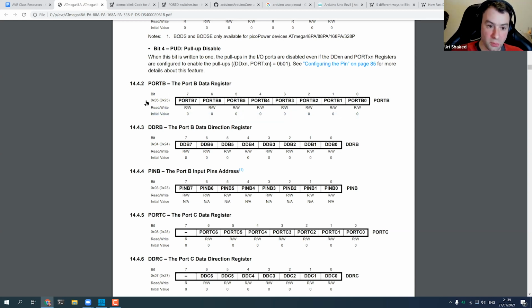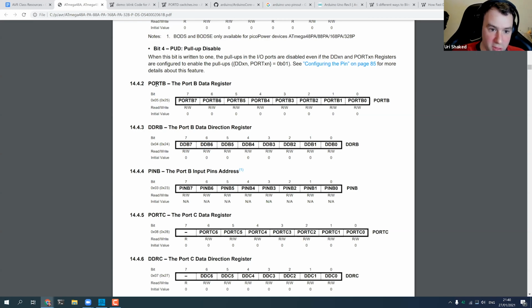And one last thing to know about the registers, there are these two numbers. This is the first time we meet the IO address space. This is the IO address space address of the memory, and this is the data address space. The address that you will normally use is the one in the parentheses.